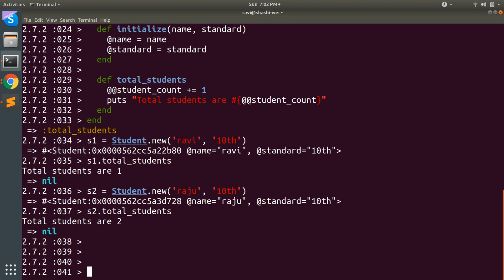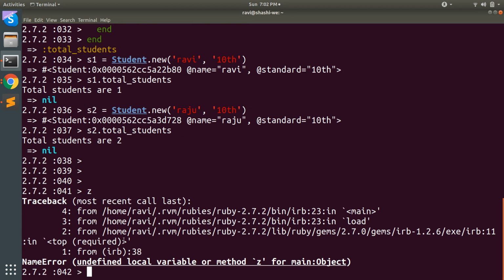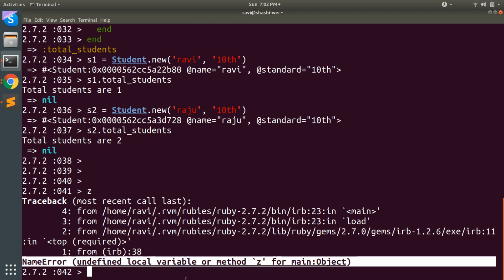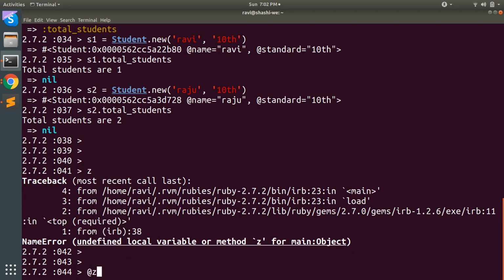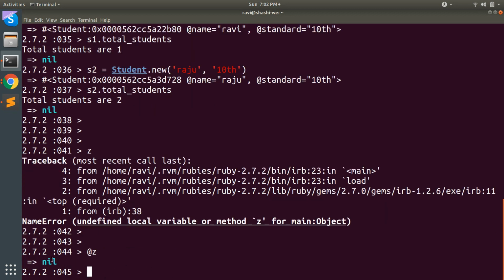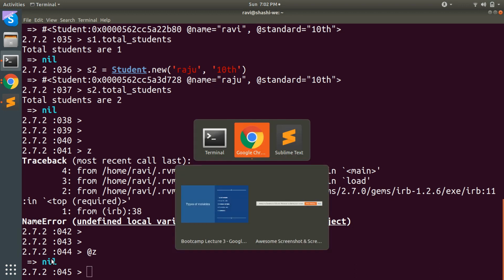Okay, for example, let's see z. Okay, so undefined local variable or method. Now if I run at the rate z, I will get nil. So this is the difference between local variable and instance variable when they are uninitialized. Okay, an uninitialized local variable always returns a name error, and an uninitialized instance variable always returns a nil object. Okay, now let's come to another type of variable, that is